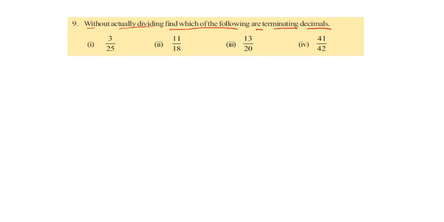The denominator, which is in the form of 2 to the power of n into 5 to the power of m, then it gives us a terminating decimal. Otherwise, remaining all are